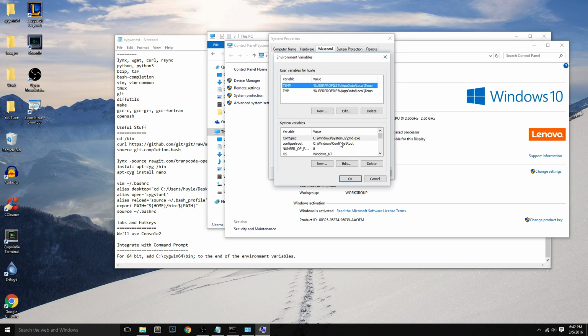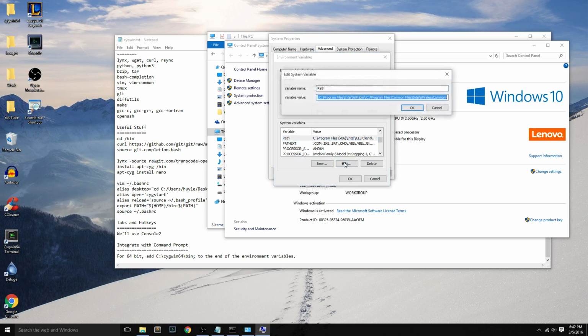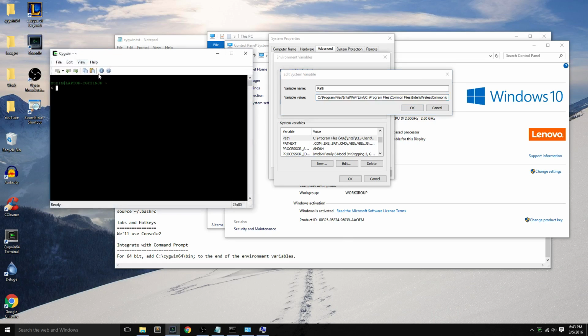Click on it. Now we are going to find path, which is right here. We're going to edit. We're gonna go all the way to the end. Make sure that you put a semicolon, and then let's open our console. Type in pwd. Well, it's in home, so if we ls, we're gonna have to go to /bin. pwd again. Okay, that's not gonna work. So what you actually need to do